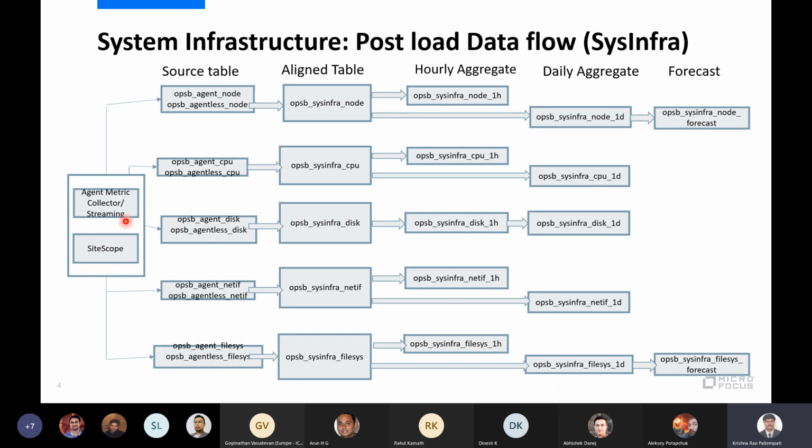One is a component inside the OpsSuite called the agent metric collector. That collector will go and pull the data and then load it into the system. The streaming policy which you have configured in your OBM for system management will push into your COSO.